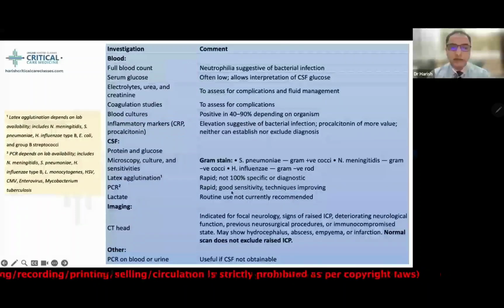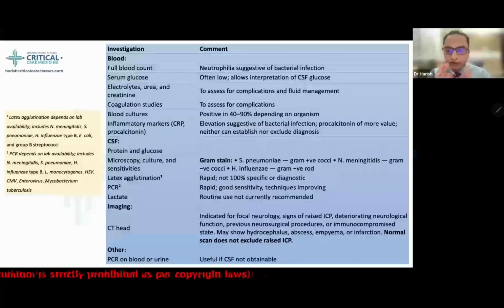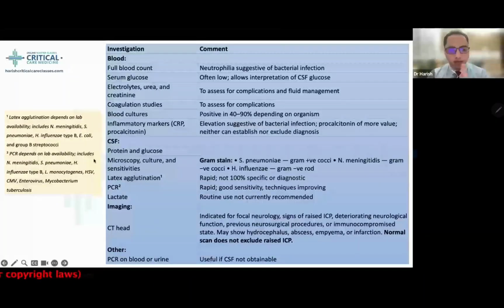Again, PCR is rapid with good sensitivity. We have very improved techniques of PCR, multiple PCRs and all. It depends upon lab availability again. We can have PCR for Neisseria, Streptococcus pneumoniae, H. influenzae, Listeria monocytogenes, HSV,